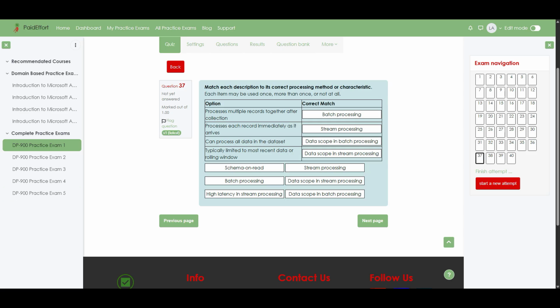Now let's explain these matches. Batch processing handles data in bulk after it's collected, which makes it useful for tasks like end-of-day financial reconciliations. Stream processing, on the other hand, reacts instantly to incoming data, which is why it's great for things like fraud